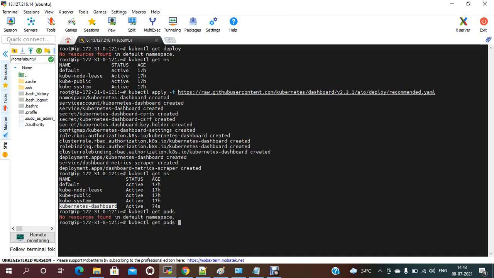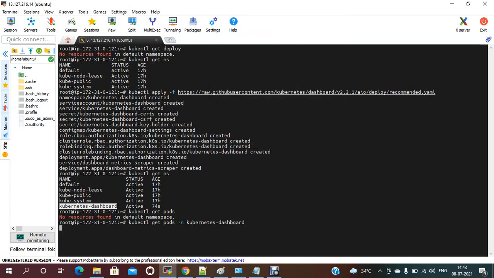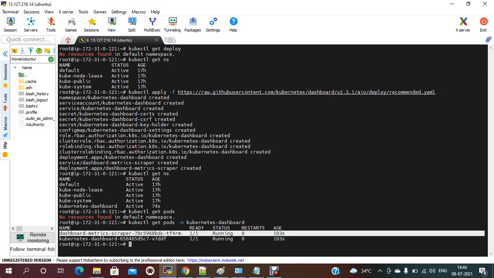If you check under the kubernetes-dashboard namespace, there are pods running, like the Kubernetes dashboard pod and the metrics pod. They are running successfully.